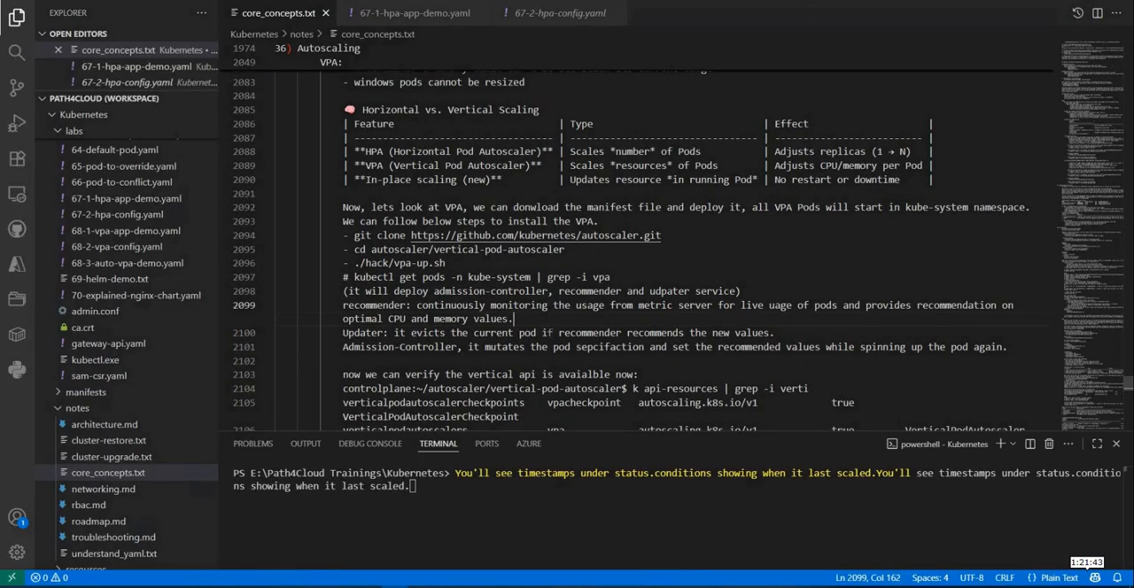But yeah, just one more thing. Here I mentioned that it evicts the current pod, but here we are saying that in-place scaling is something with no restart or downtime, right? That's where a mode comes into the picture. There are a few modes which we can define inside our VPA configuration, so that based on that the updater or admission controller will come into the picture and take